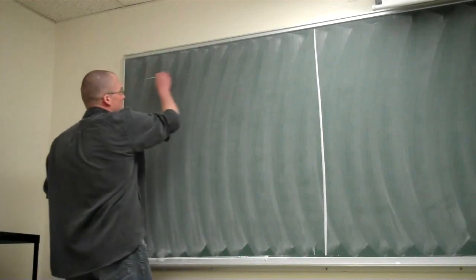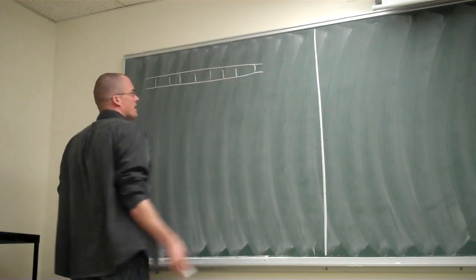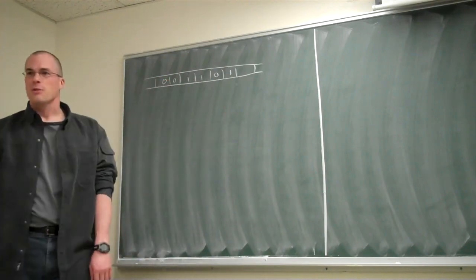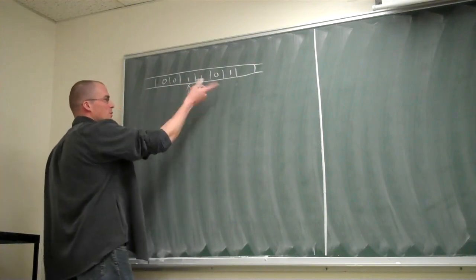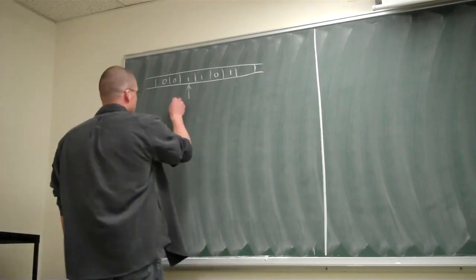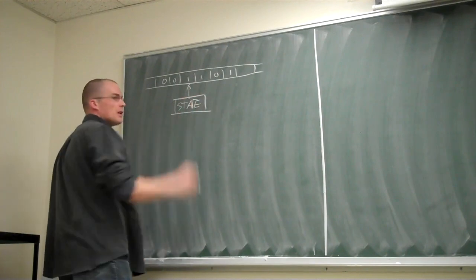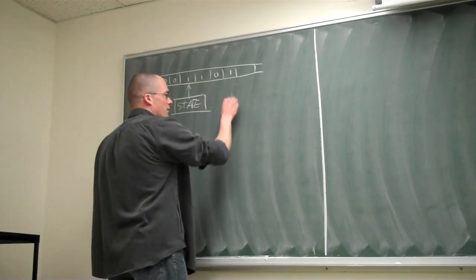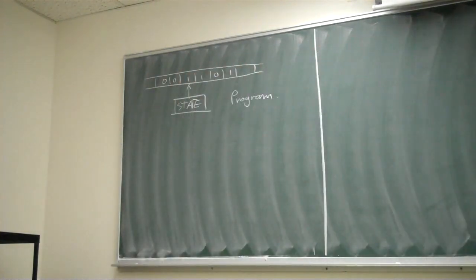On Monday, we just came up with this one picture. There's the tape. There are some zeros and ones on the tape. There is a head that can move left or right by steps of size exactly 1. And there is a state that's remembered, and then we have a Turing machine program.